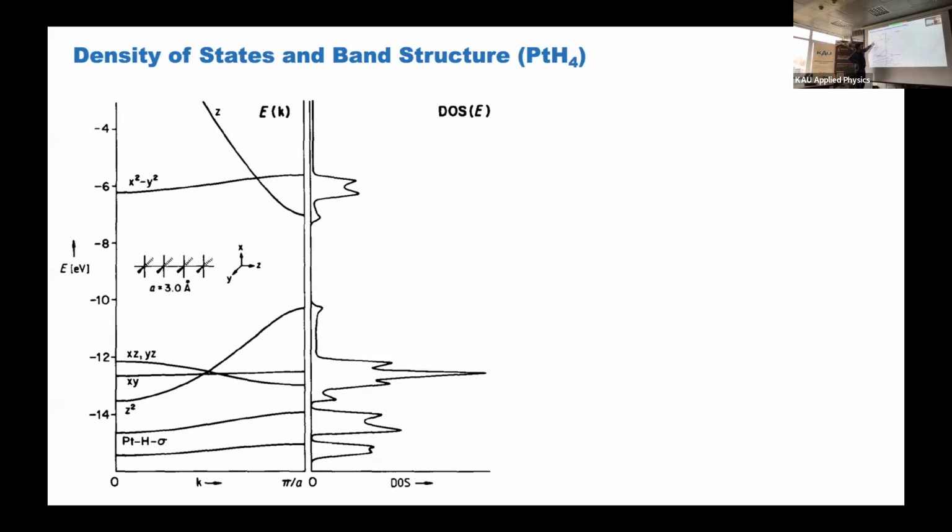This d band is rather flat, so it gives us a high amount of states, and then we have a very long, very wide band, and it gives a very low amount of states. Maybe in total this band gives us a higher amount of states, but they are extended. That's why we don't see high peaks.